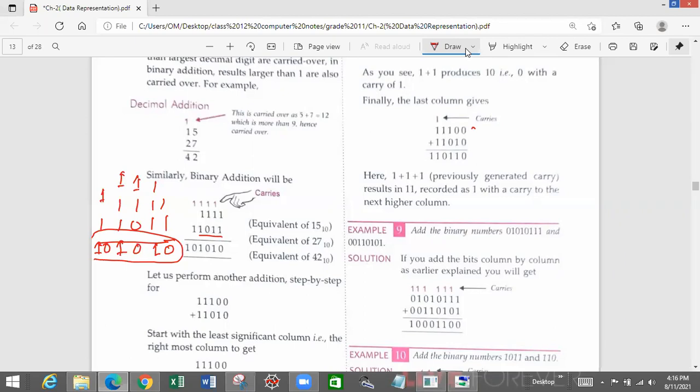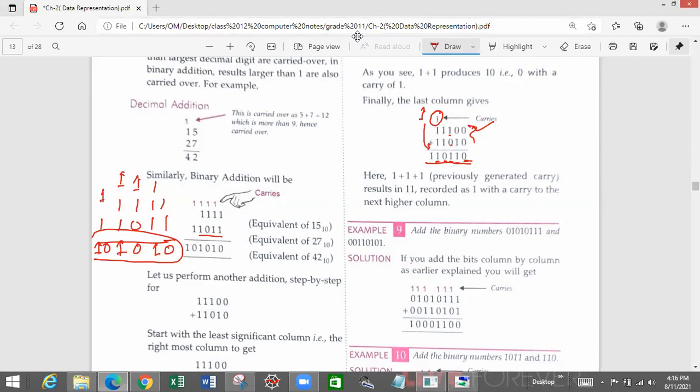Suppose this is my number 1 1 1 0 0 and 1 1 0 1 0. So these two 0 plus 0 will be 0. 0 plus 1 is 1. 1 plus 0 is 1. 1 plus 1 is a 0 with carry 1. So 0 is written here, carry is written here. Now 3 ones are there, and we know that rule 1 plus 1 is 1 with a carry 1. So I have written 1 here, and carry I can take it here, and then I can write here as 1. Answer will be 1 1 0 1 1 0.